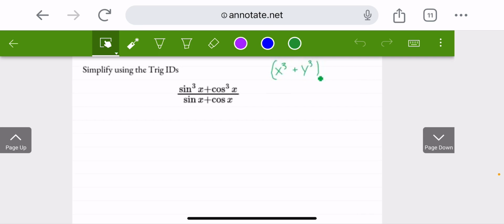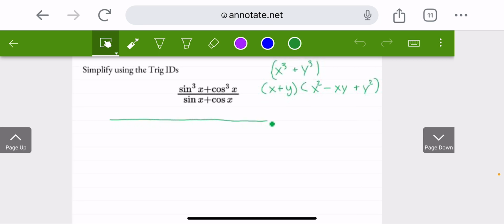Think about when we would factor with our SOAP. This is the sum of cubes, so same, opposite, always positive. When we would take our sum of cubes, it would be x plus y, x squared, opposite, x y, always positive, y squared. We're going to do that same thing with our sine cubed, cosine cubed. X is our sine, y is our cosine. So it's the sum of cubes. So when we come in here to factor this,